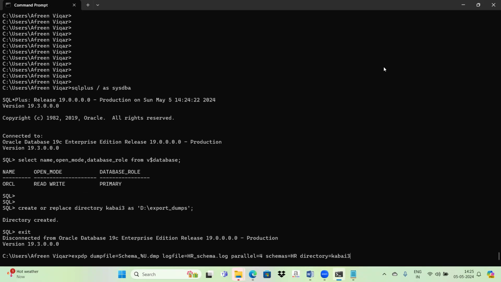Let's see this command. I will explain each and every command. Expdp is nothing but the utility to take the export backup. Without this, the entire command won't work. And dumpfile, you have to mention the name of the dump file. All the data will be stored in this dump file name only. So I'm giving it as